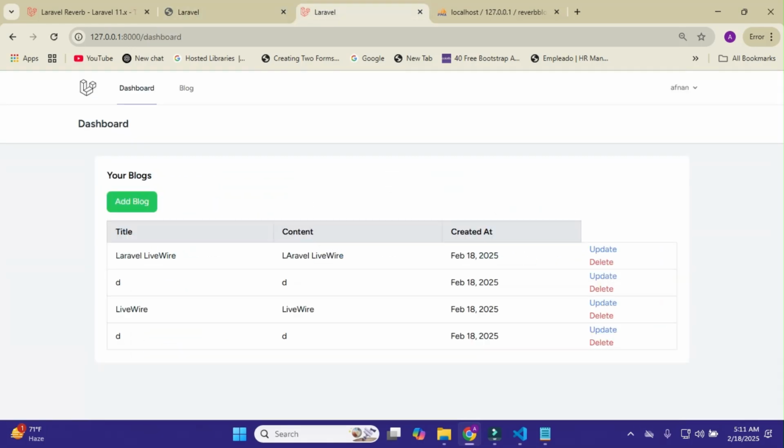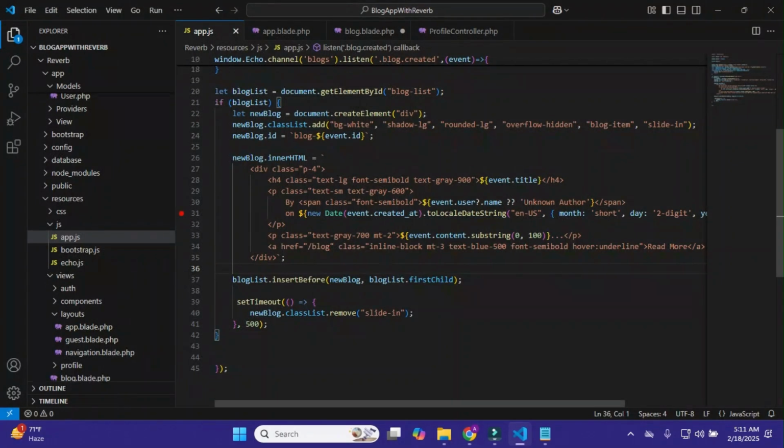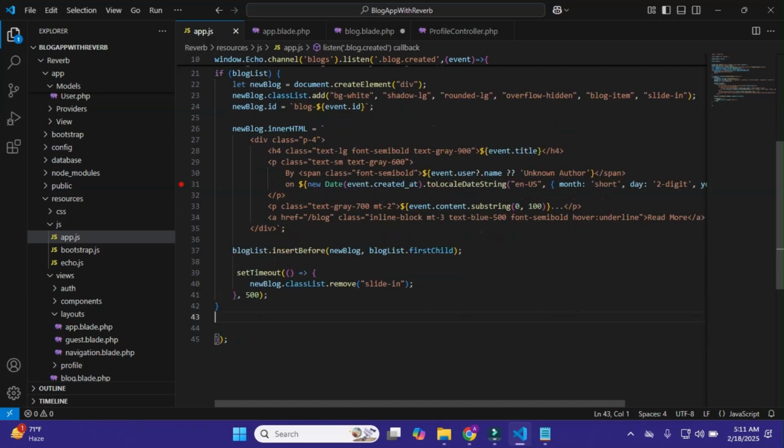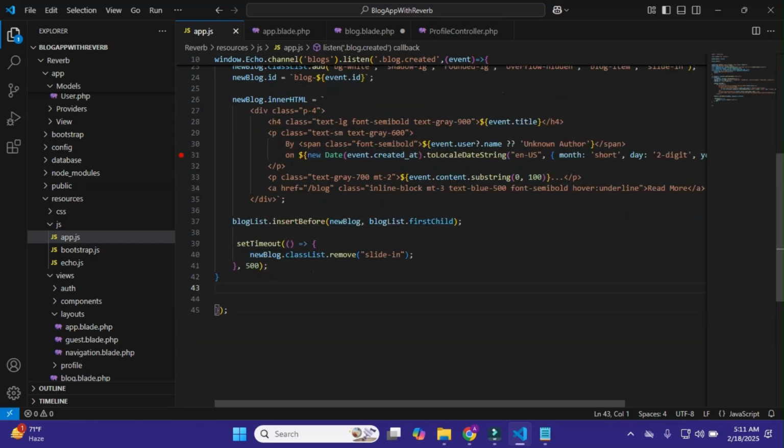So now we show this in the notification that we left, and after it we show this for blog deletion and updation.